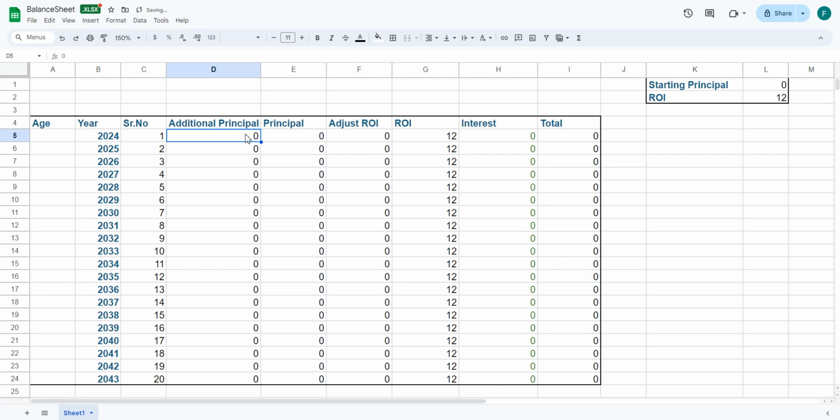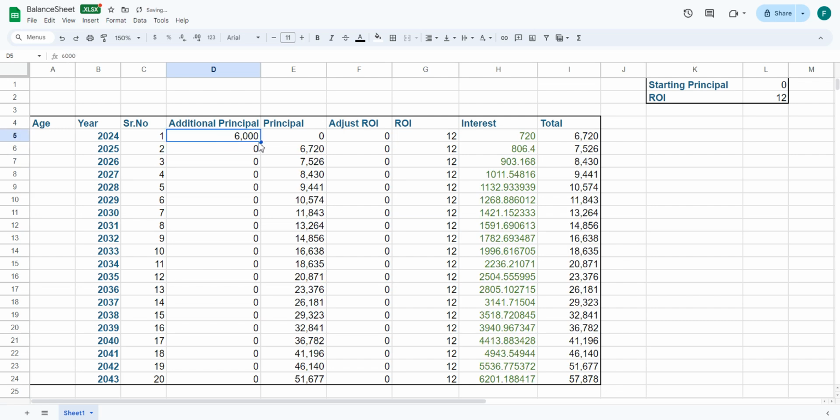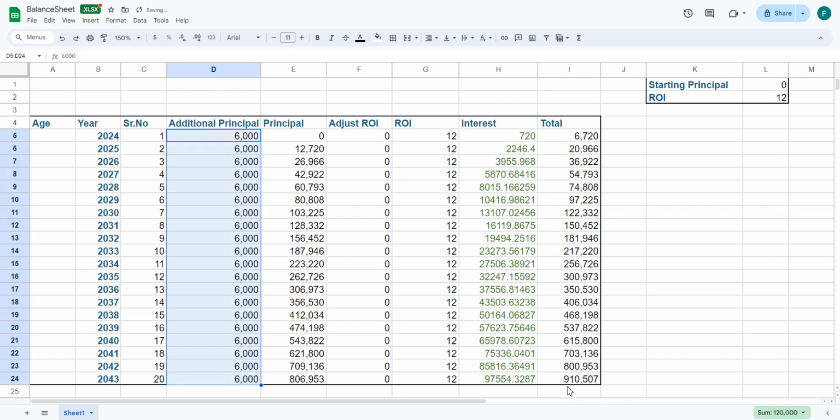So let's put that in here, that you start with a principal of $0, but you put in $6,000 per year for the next 20 years. Then if we just copy that, you will see by the end of 20 years, you will have roughly 900K, which is a huge amount of money,